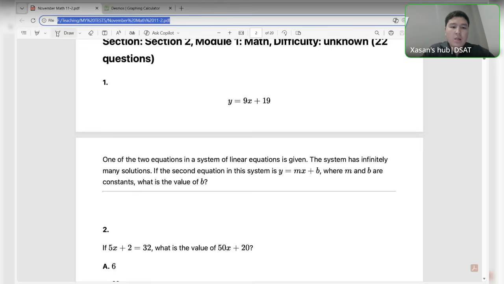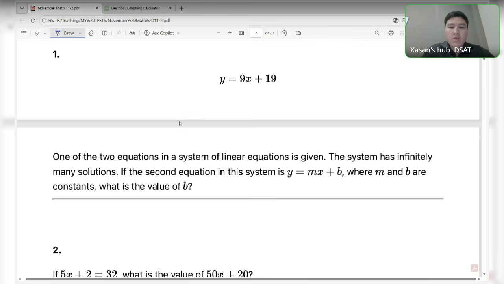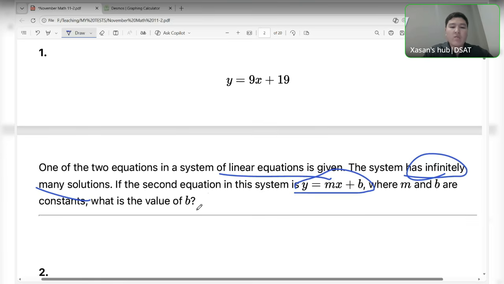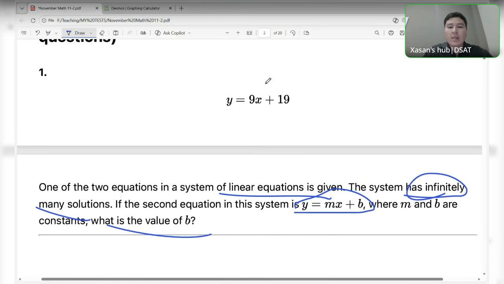It is saying that one of the two equations in the system of linear equations is given. The system has infinitely many solutions. If the second equation in this system is y equals mx plus b, where m and b are constants, what's the value of b? Guys, you are given a linear equation, and here 9 is the slope and 19